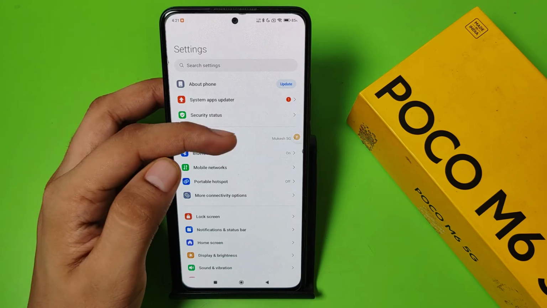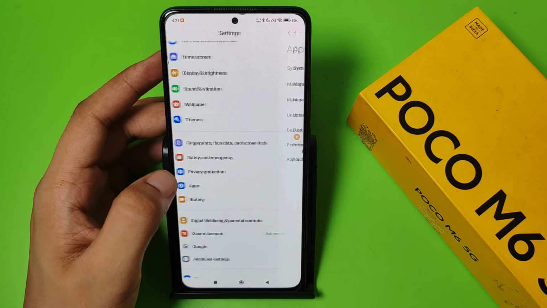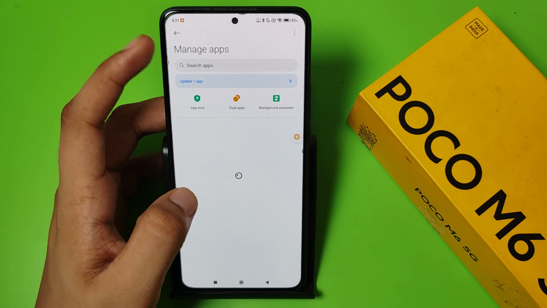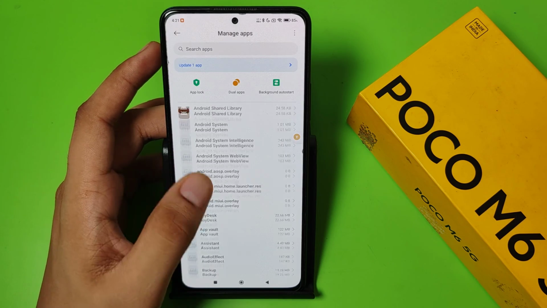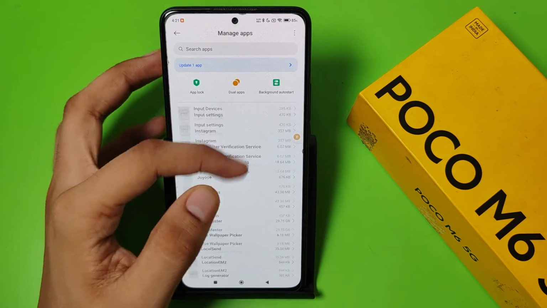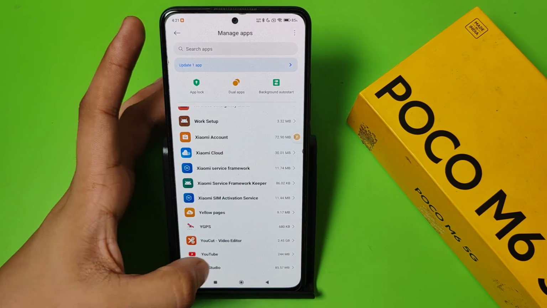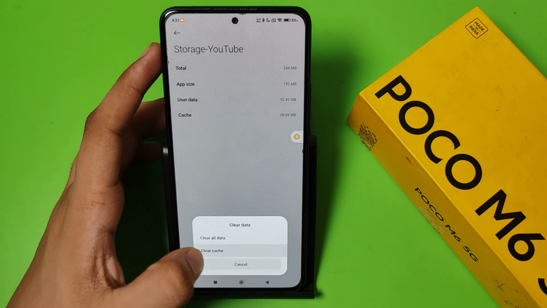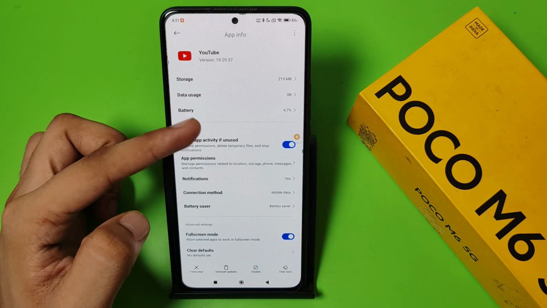First you have to open your settings, swipe down, here it is apps, click on manage apps and tap on the app that is always crashing. I am choosing YouTube. Then you have to simply click on storage, first clear cache and clear data, press back,